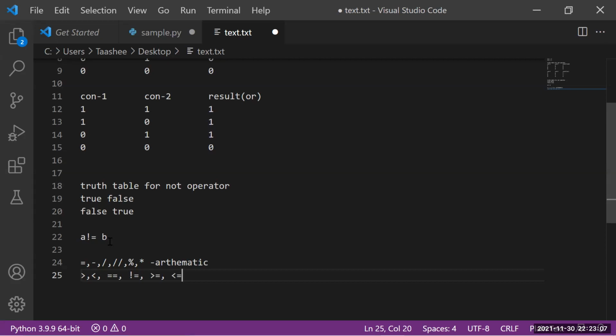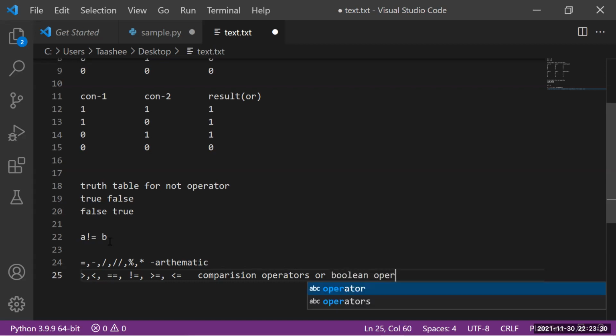So these are the 6 different operators which work as comparison operators, or Boolean operators. Okay, so these are second.